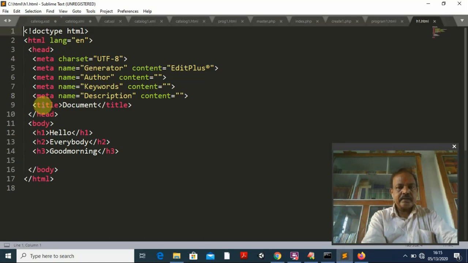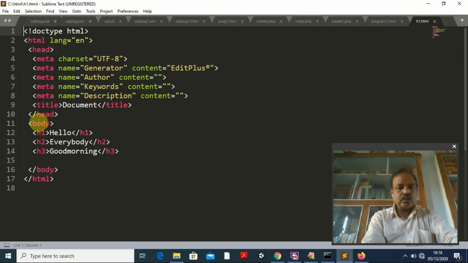The opening tag is title, the closing tag is title, and meta charset equals UTF-8 is the coding only, and the remaining is optional. The 1 2 3 4 you write, or don't write, it doesn't make any difference. Then the body: I have written the different tags. The tags are for font size and boldness, like that. I have written tag 1, header 1 h1, header 2 h2, and header 3 h3.